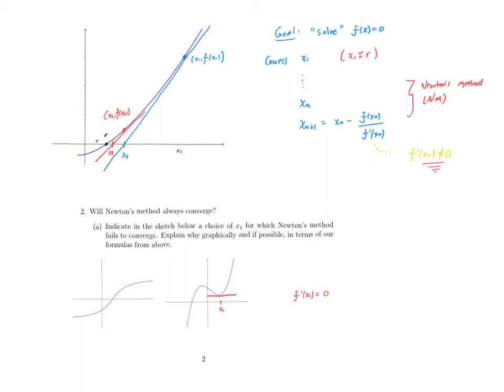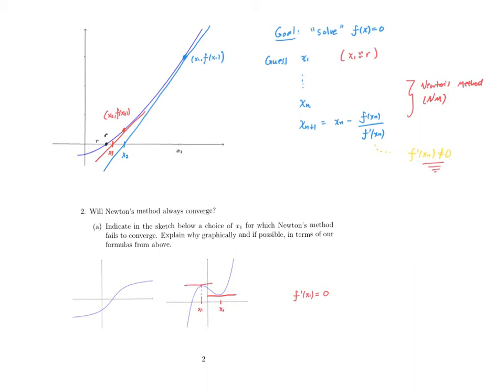And hopefully you have observed the problem. With a horizontal tangent line, there is no x-intercept, hence no value x2, and this iterative scheme stops. So what's another poor choice? Well, you could just as easily choose your x1 at this other, say, local maximum in this case, where the